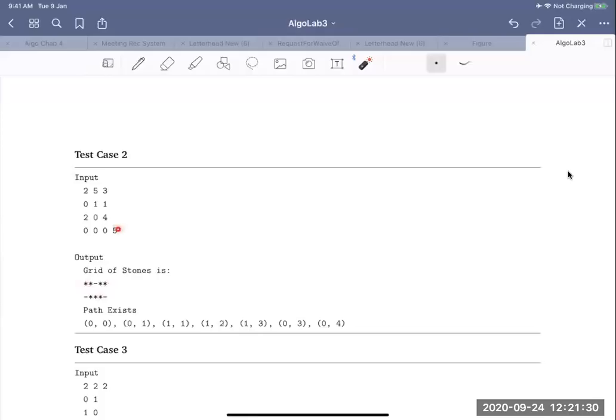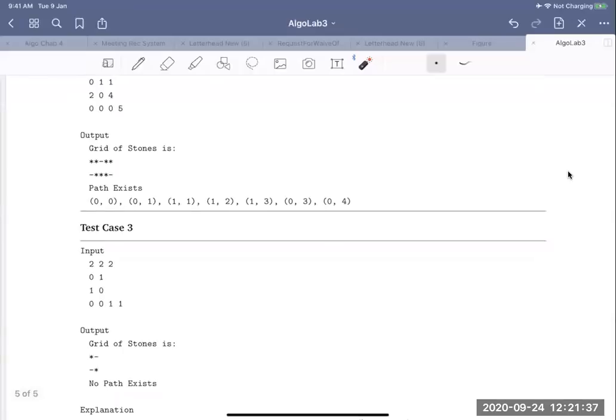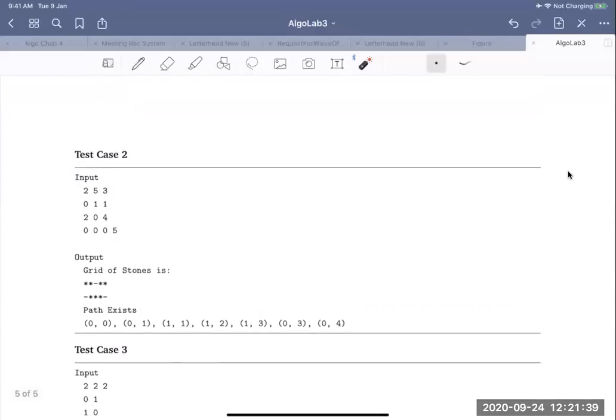I think this should be 4. Yeah, 0,4. We will correct that. This should be 0,4. So you are given the 2 coordinates and you have to print the path 0,0 to 0,4.